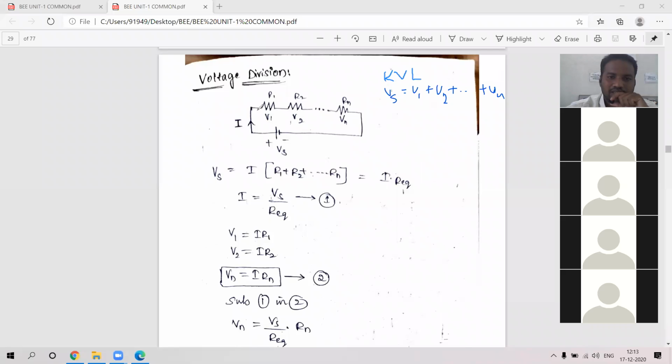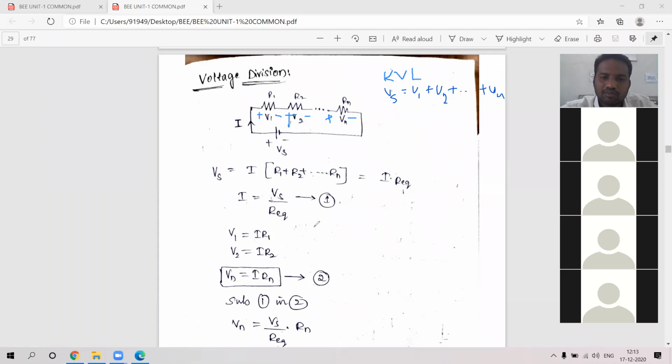This is minus and plus: plus is voltage rise, and these are voltage drops. If resistors are there, they are consuming voltage, so this is the voltage drop at each resistor, plus and minus like that. Okay, so I have written Vs is equal to V1 plus V2 plus so on, Vn,